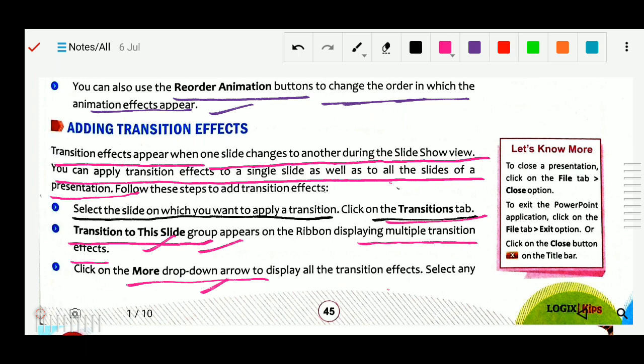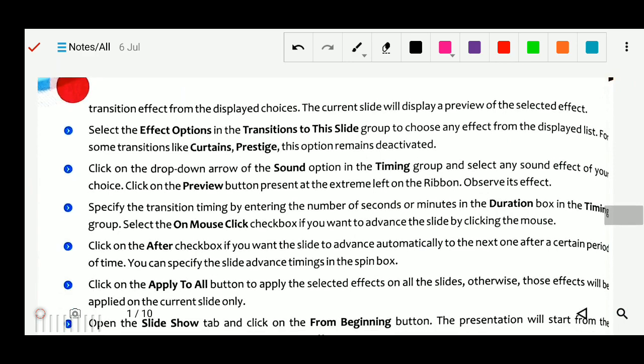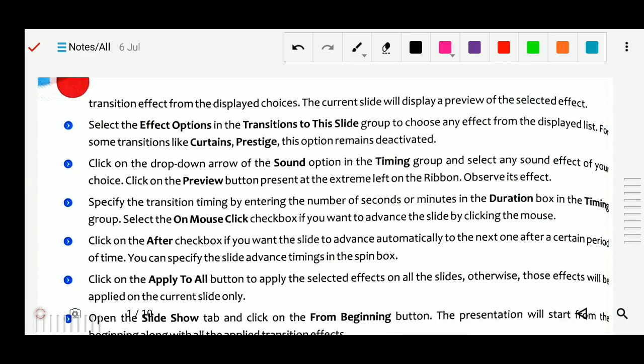Next, select the effect from the Transition to This Slide group. Choose any effect from the displayed list, for example Curtains or Prestige.